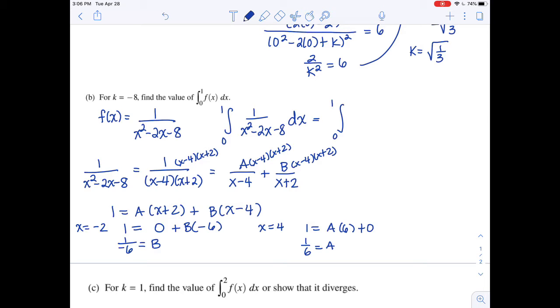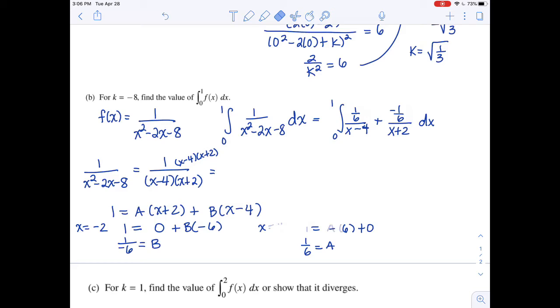You're still integrating from 0 to 1, okay? And now you're going to put that 1/6 as your numerator for A and -1/6 for B. So you're going to go back to this expression right here and fill in those values of A and B. So my A value is 1/6 over x minus 4, plus my B value is -1/6 over x plus 2. Some good stuff that you can do when you start factoring this out, and I'm going to erase some of this other stuff just so I can get it out of my way, some good stuff that you can do at this particular point,